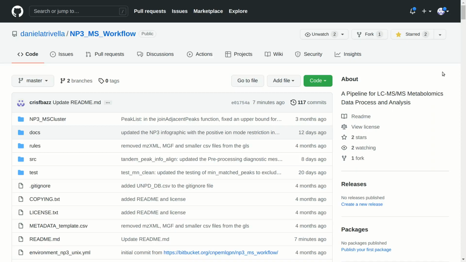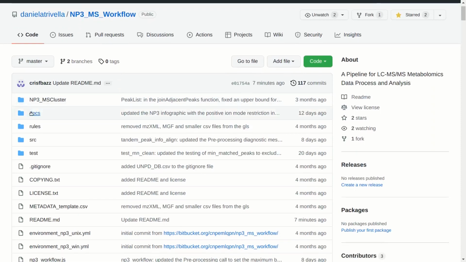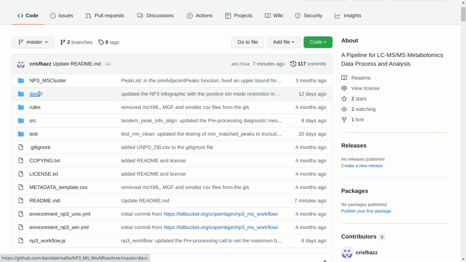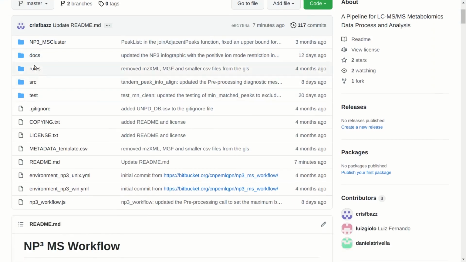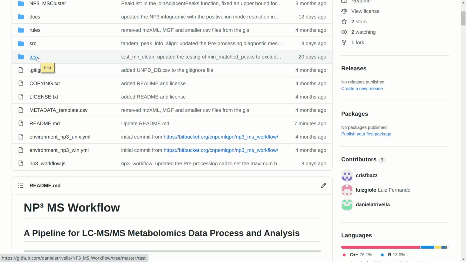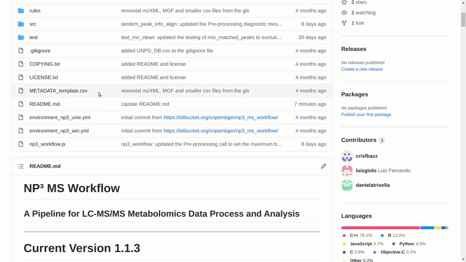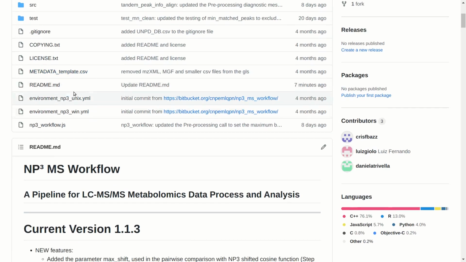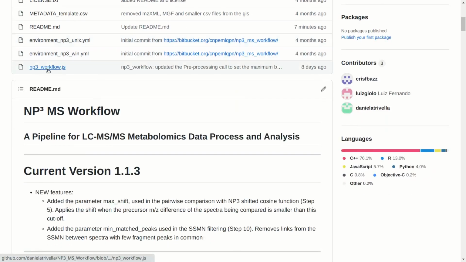Alright, so here in the repository we have the NP³ MS cluster algorithm, which is used in the clustering step, and it's written in C++. We have the docs folder with a user manual. We have the rules folder with the ionization variants and rules table used by default. We have the source folder with all the scripts, and a test folder with a test dataset and some testing scripts. We also have here a template for the metadata creation and some Anaconda environments to help the user install the platform dependencies. And the command line interface itself, which is called